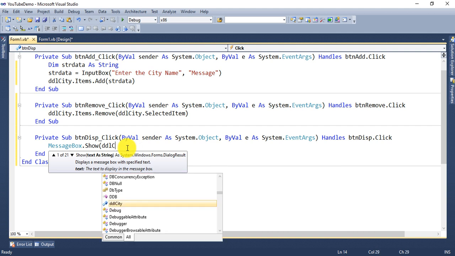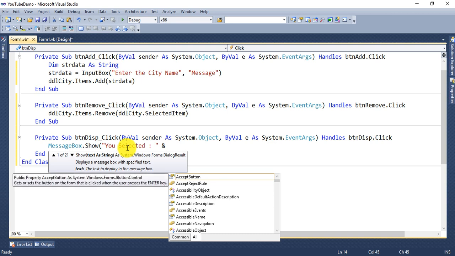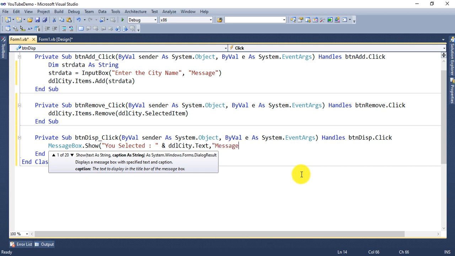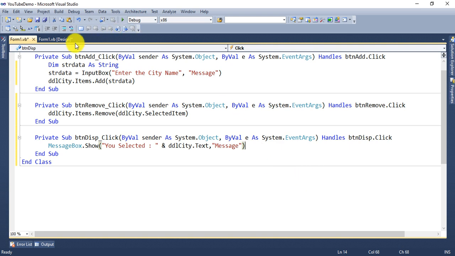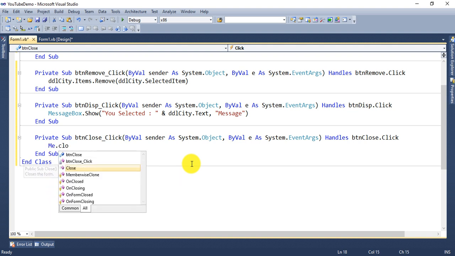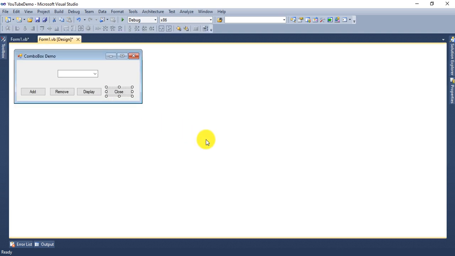We are doing something more advanced to select it, and here I am appending the value of this control: ddlCity.Text, and I'm providing the caption and message. Okay, and for close you know the code, Me.Close. So now our code is almost done.